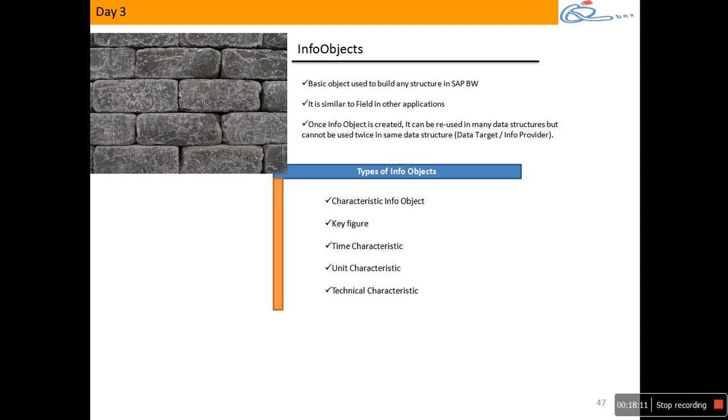If you are not cumulating, and you are picking the latest value, first value, last value, min, max, those become non-cumulative key figures. You are not cumulating them. But ultimately, that is also an aggregation function only, right? Min, max, good aggregation functions. So any InfoObject on which you can perform some aggregation function, like count, min, max, sum, all this, those